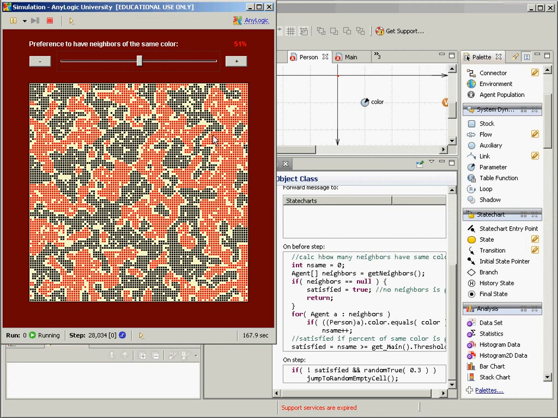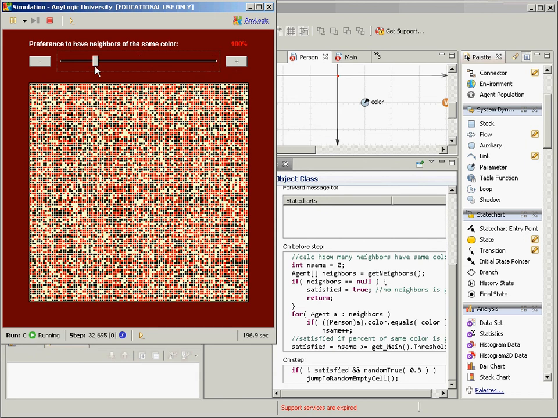So here, the point of this model is not to describe segregation in New York or Chicago or Detroit or something like that, although the creator of it was interested in it. The point is to make this point that these patterns of segregation can emerge with even very, very slight preferences on the part of people. Slight preference for people who are the same color can lead to macro patterns that are still segregated.